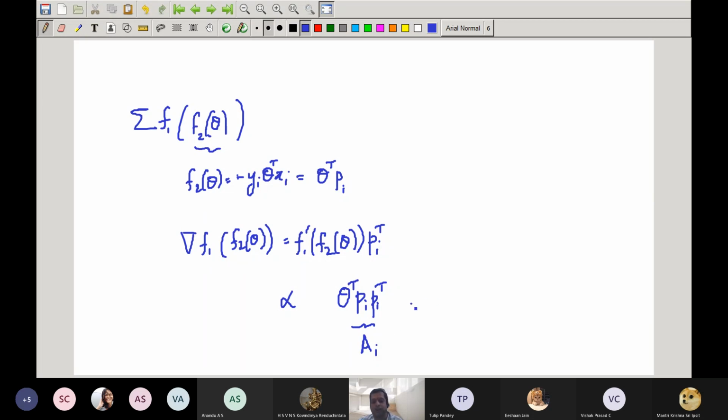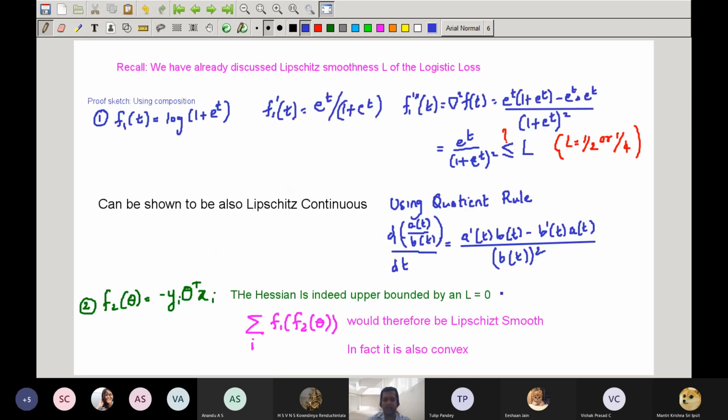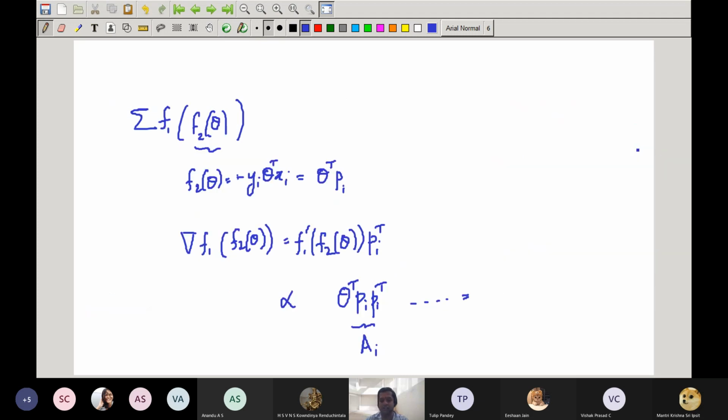Okay, so I'm not going to derive this, but roughly the set of these pi is going to have an influence on the L. We already saw that for F dash, the estimate of L we have is like half or a quarter, right? So you'd probably get, let's call it